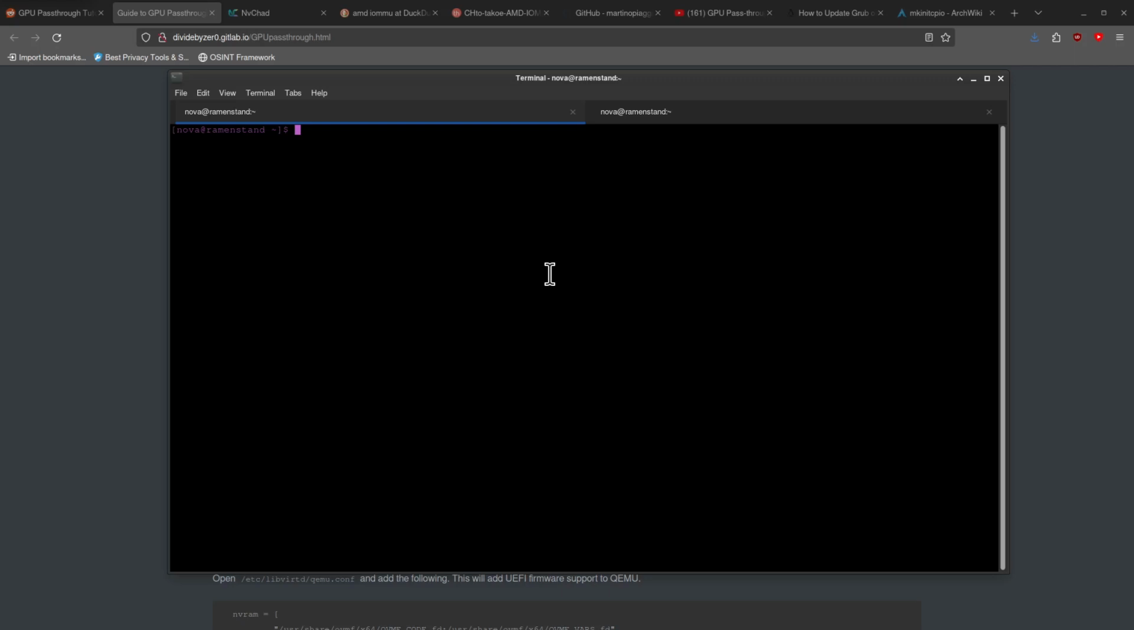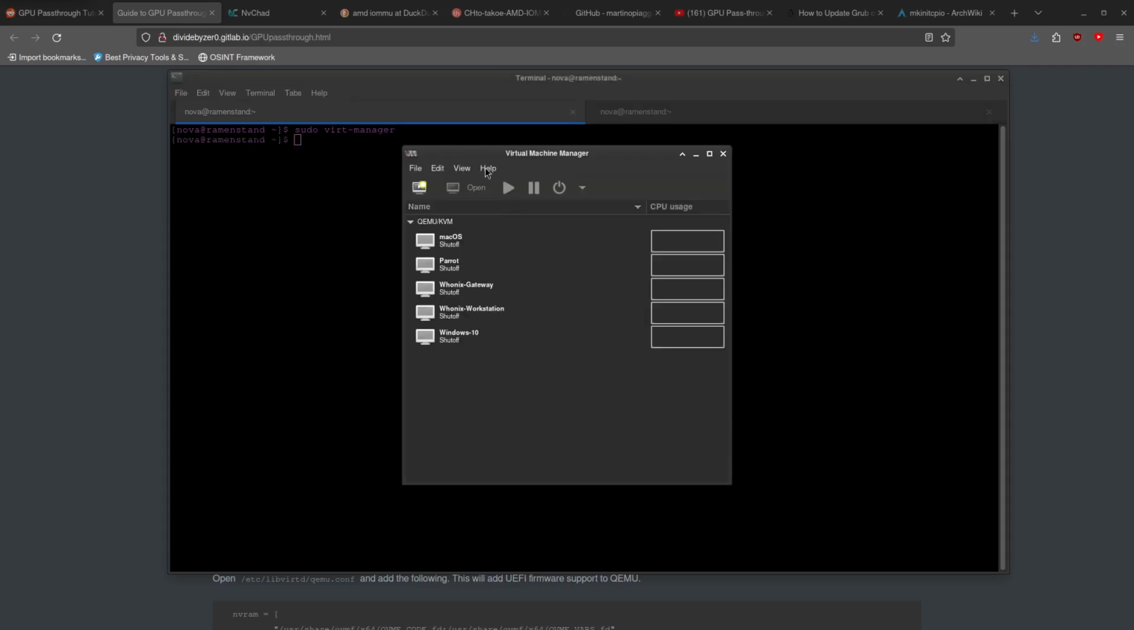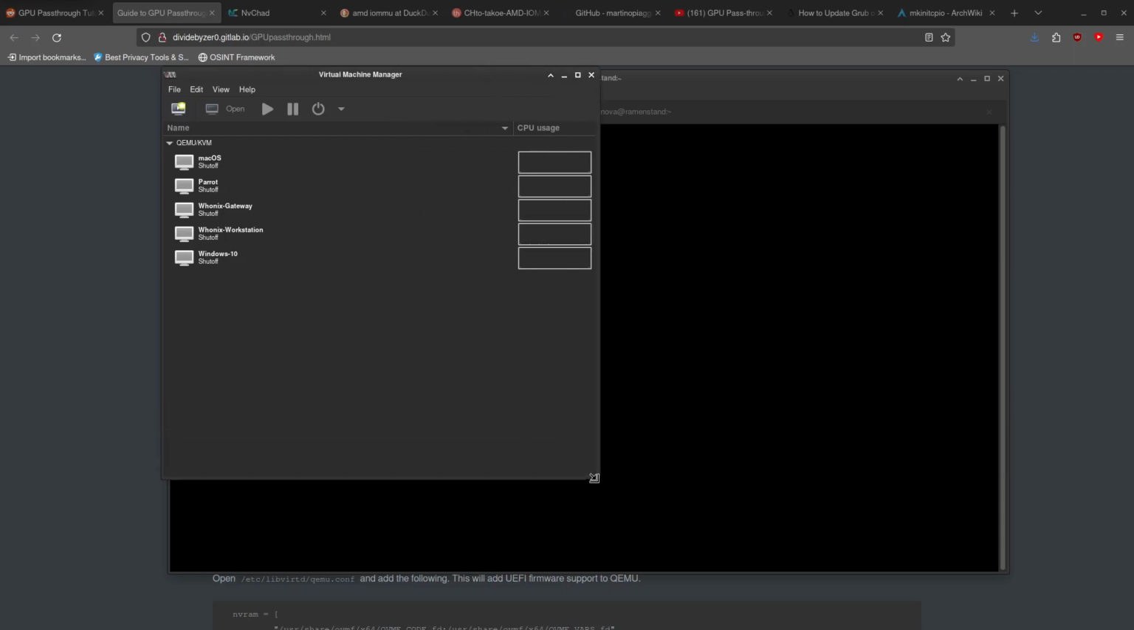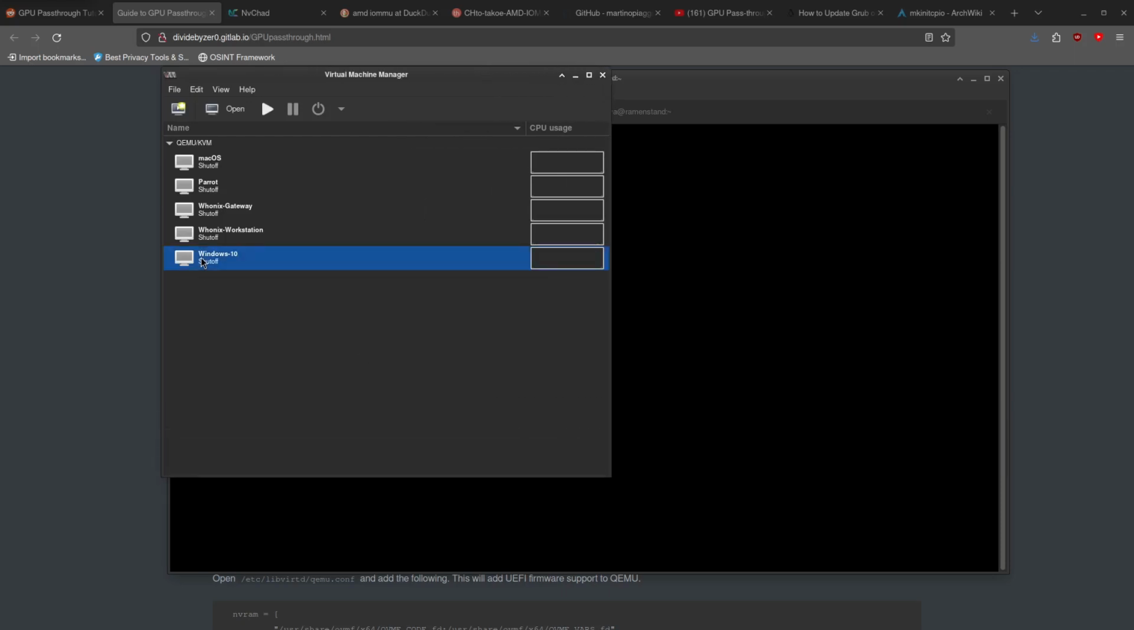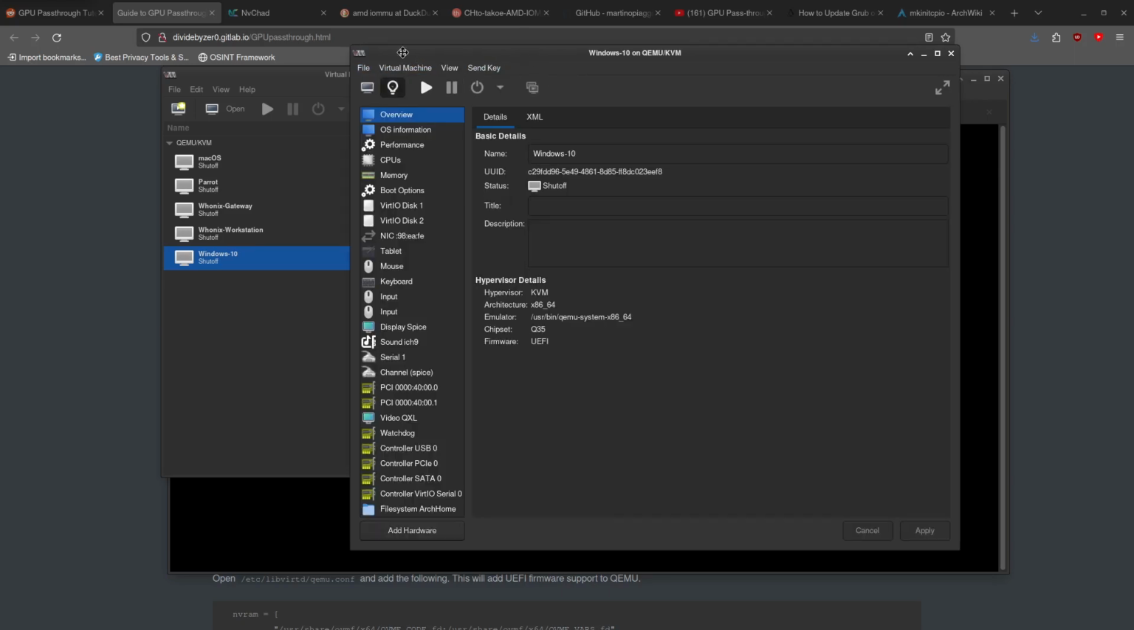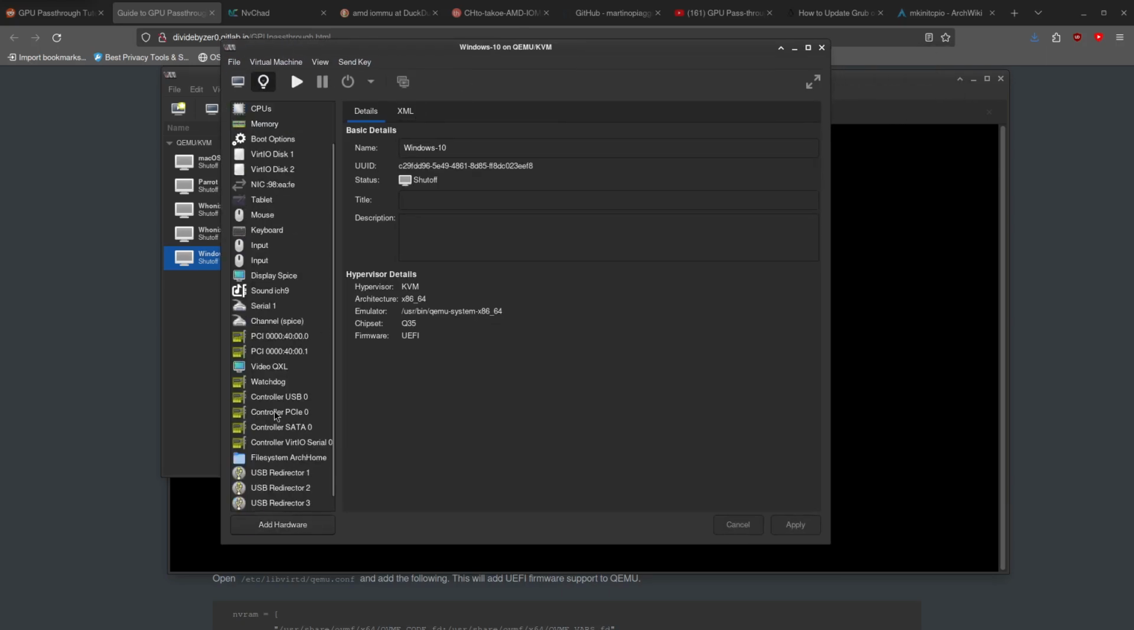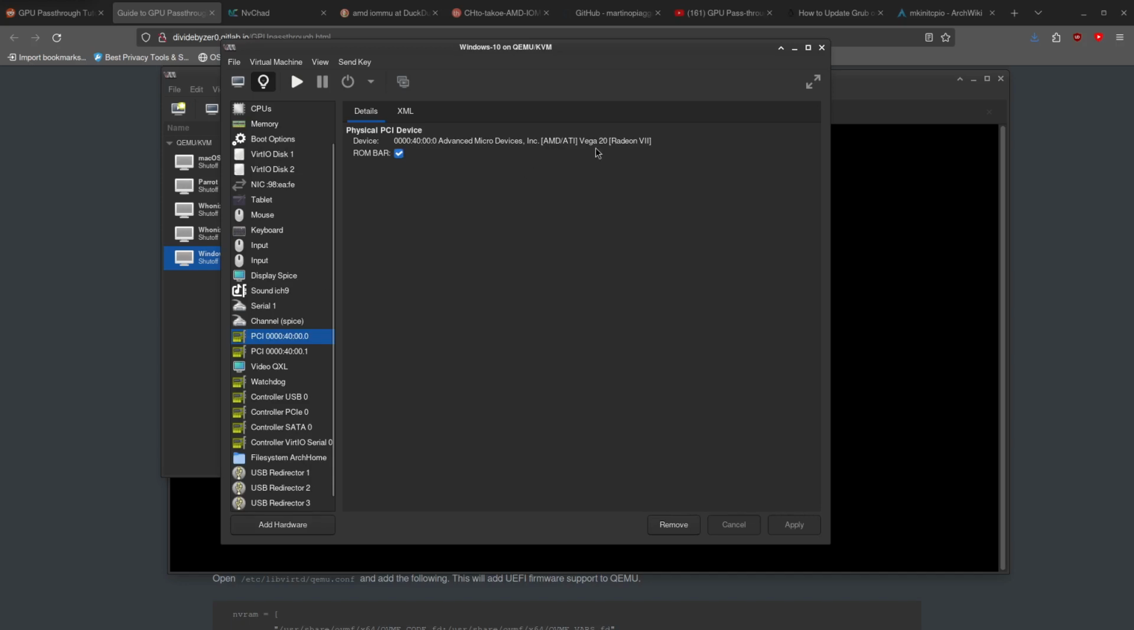And then after rebooting, go ahead and run sudo virt-manager. So you can see here I have a couple VMs. I have my Windows VM, which is what I use mainly for GPU pass-through. Let's look at the actual context. So you can see here I have my Radeon VII pass-through,